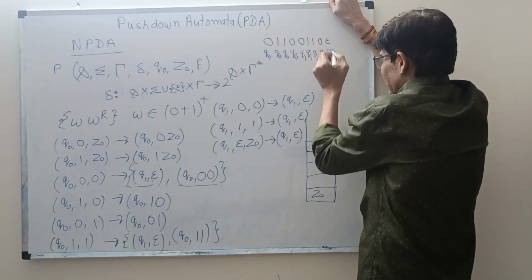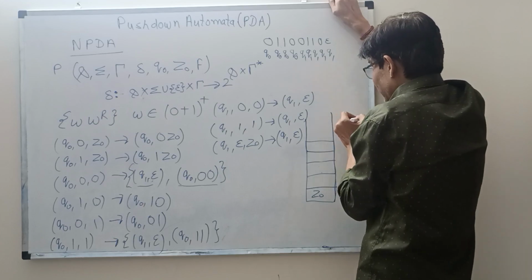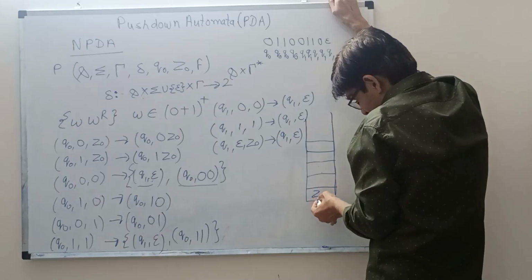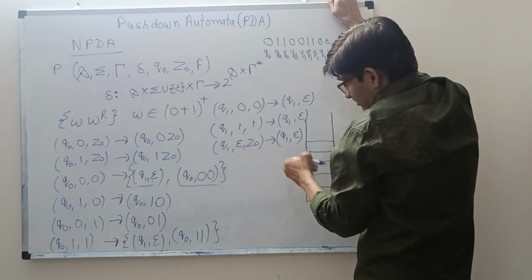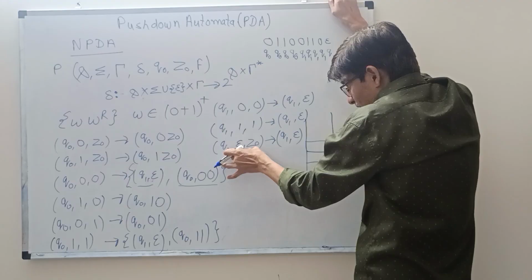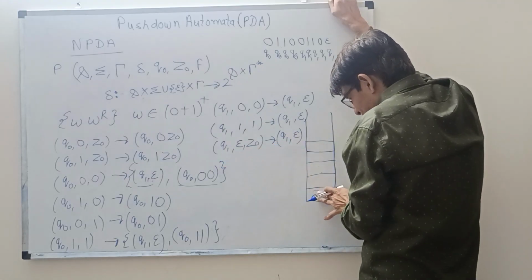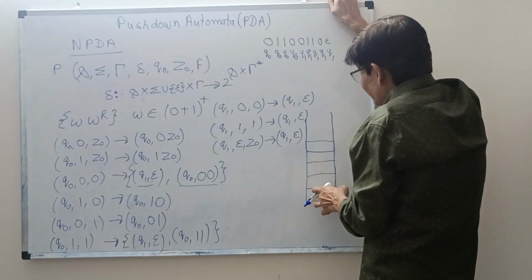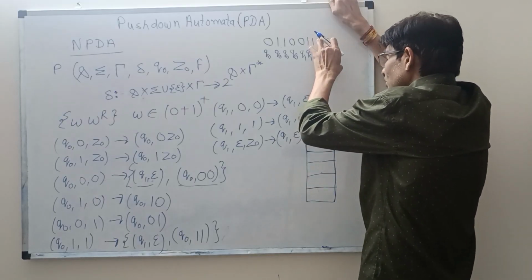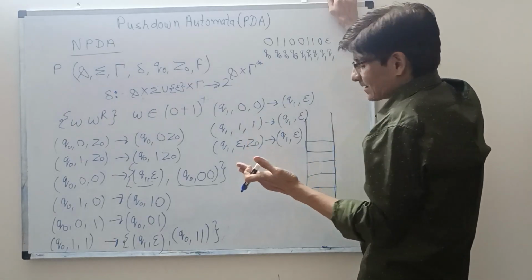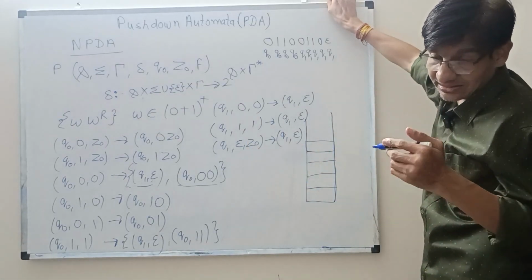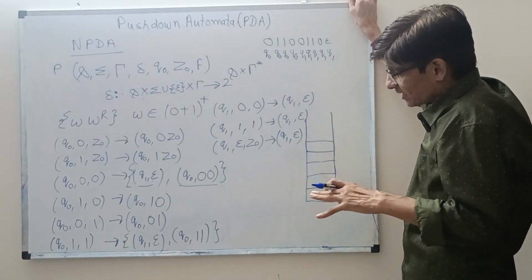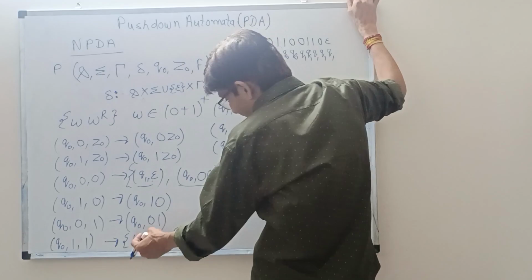Now I'm in Q1, I'm reading epsilon and stack top is Z0. So I have this combination. Once I reach this combination, I can pop this Z0 from the stack. And once the stack is empty and we are reading epsilon, it means the string is accepted. String is accepted. So this is how, if you are not able to accept any string from one option, then